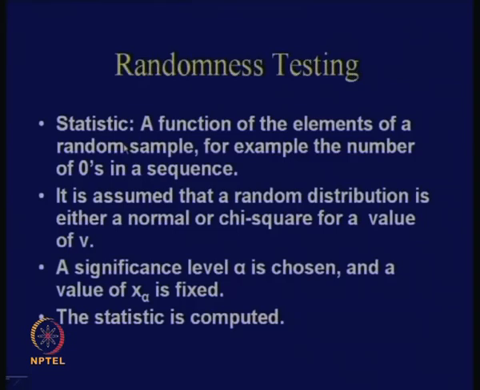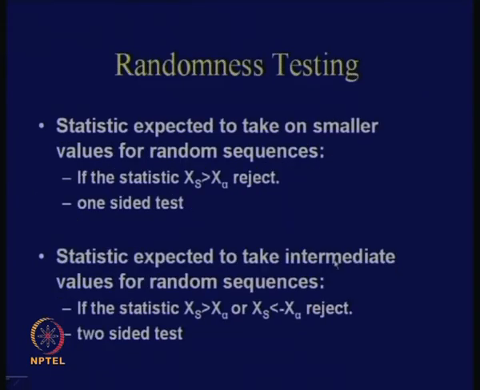Okay, so therefore there is a slight distinction between what I say as normal statistics and this particular statistic word. It is assumed that a random distribution is either a normal or a chi-square for a value of v, and then a significance level alpha is chosen and a value of x alpha is fixed. Then you compute the value of the statistic, for example the number of zeros, and then the statistic